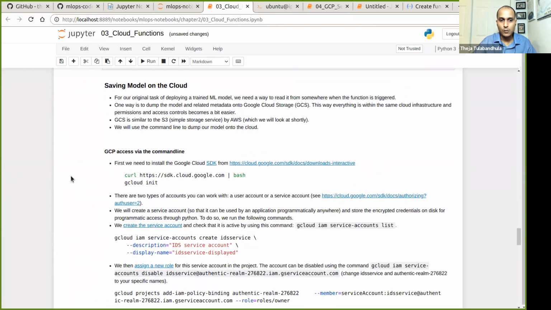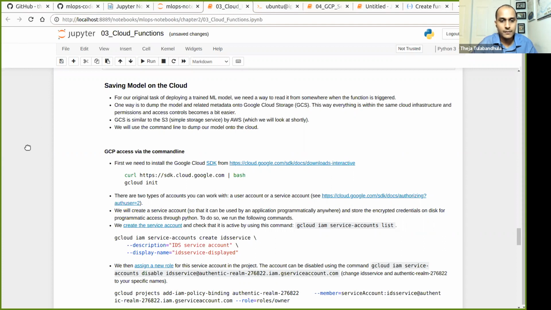What we want to do today is put the model file on the cloud. How do we do that? This section describes how to do it using the command line.